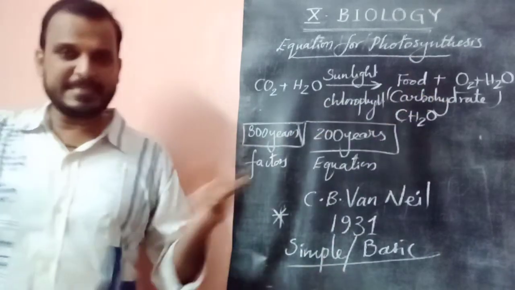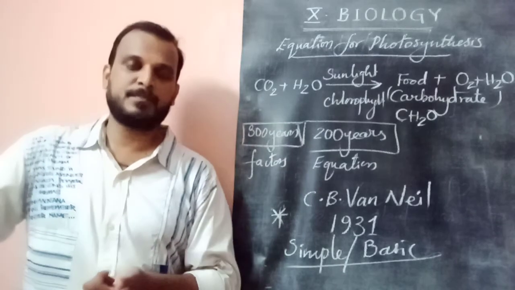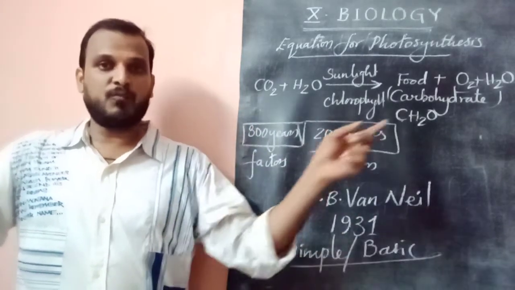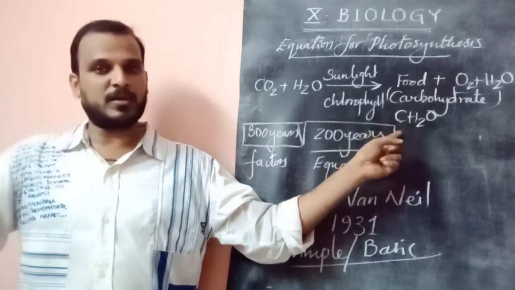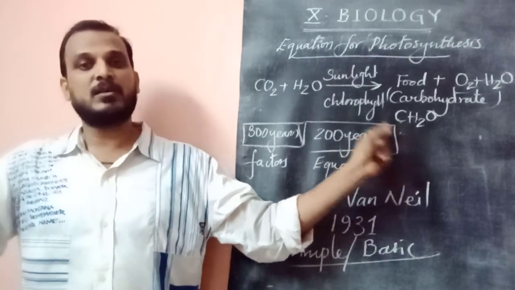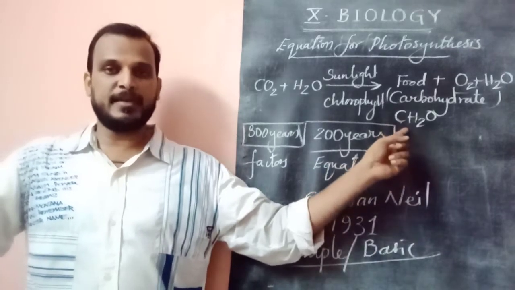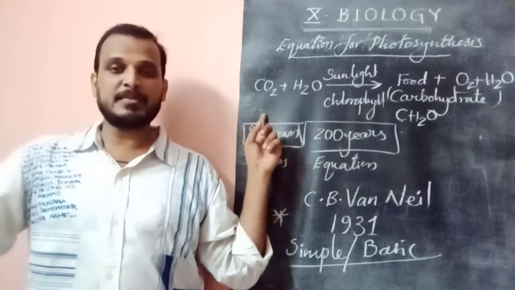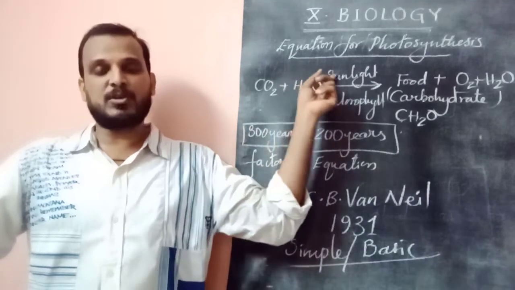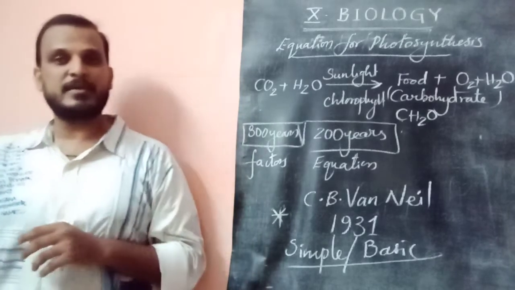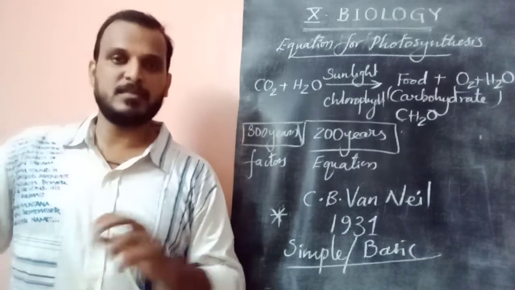Oxygen and water. It can be given in another form, like for the preparation of one molecule of carbohydrate, is it or not? What is prepared here in this photosynthesis? Carbohydrate. So for the preparation of one molecule of carbohydrate, carbon dioxide and water in the presence of sunlight and chlorophyll, the process will continue, which is called photosynthesis. This is a simple definition.